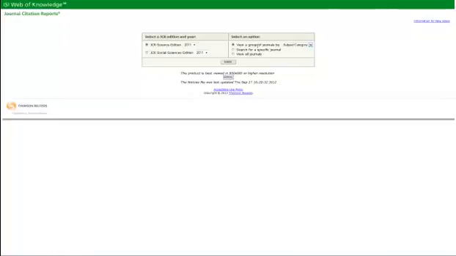I find looking at them by subject category is probably the most useful because when you're looking at the journals, you're able to see how the journals you may be interested in compare to other journals in that particular field. So I'm going to leave this just the way it is and click Submit. Once I've done that, I'll now come to a list of the categories or subjects that are covered in this